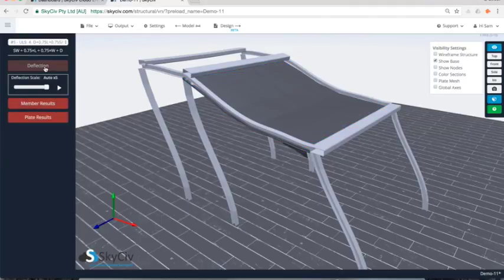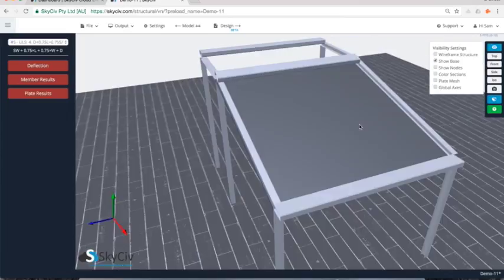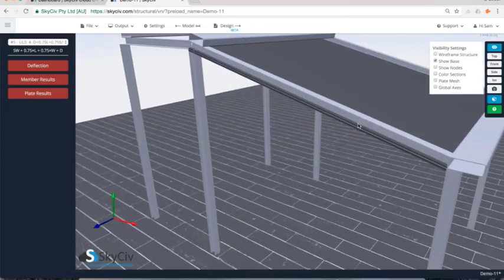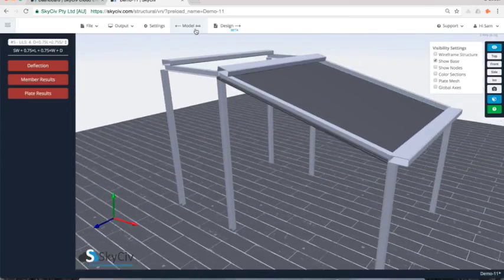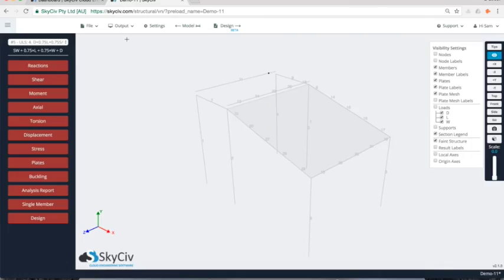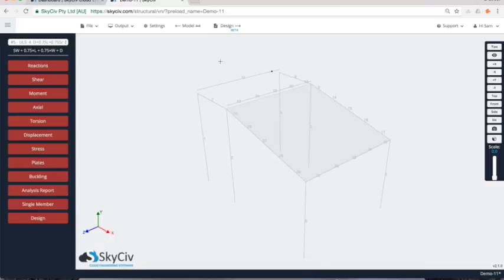Otherwise, I can just bring it back to the original structure itself. Maybe I want to include a screenshot of that. So I'll go back to output to wireframe, close that, and